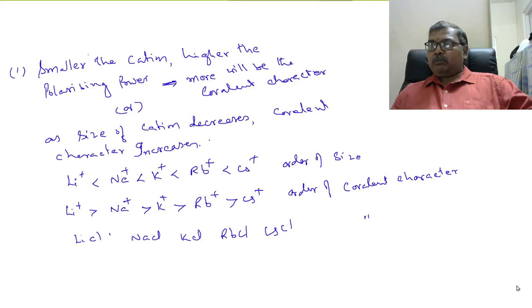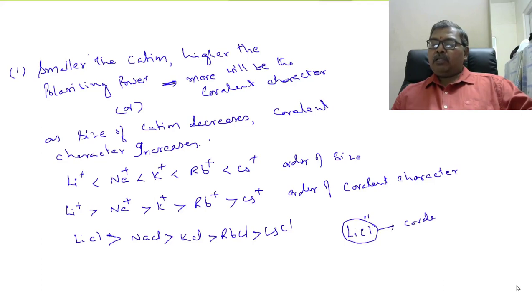Lithium, sodium, potassium, rubidium, cesium, they are present in the same group. In a group, from top to bottom, size of the cation increases. So therefore, as size of the cation increases, covalent character decreases. So therefore, LiCl is more covalent than NaCl, more covalent than KCl, more covalent than RbCl, more covalent than cesium chloride. So remember, LiCl is